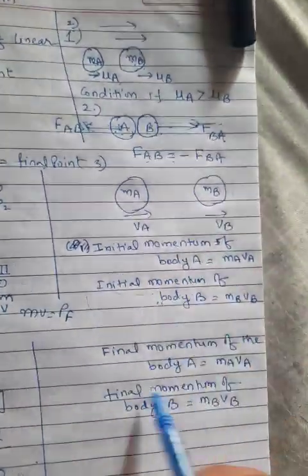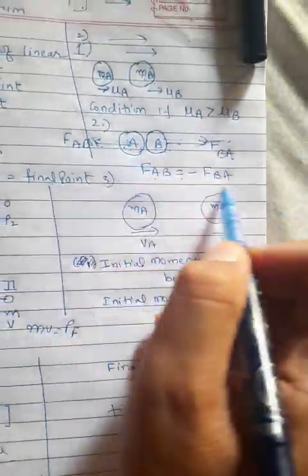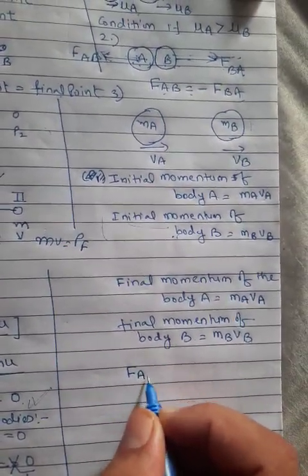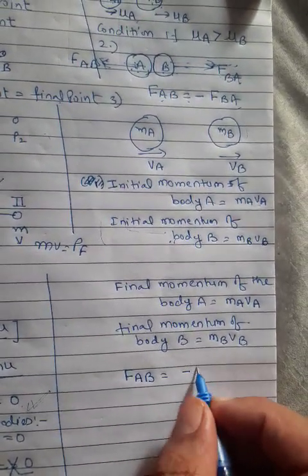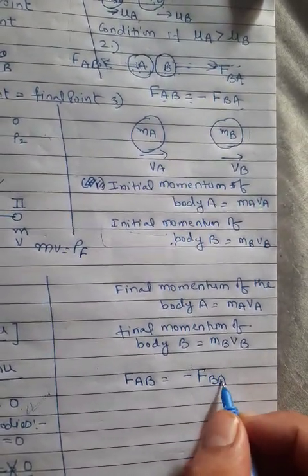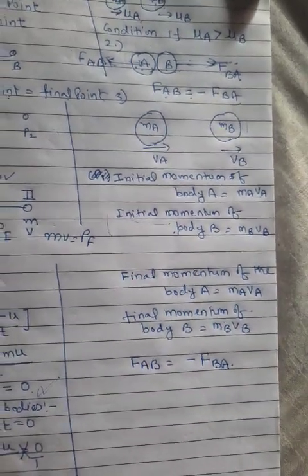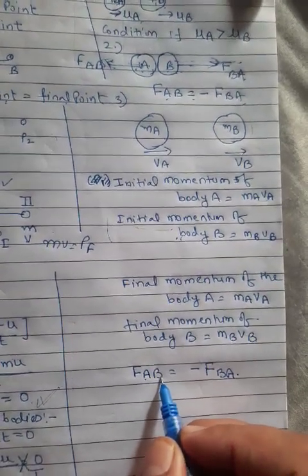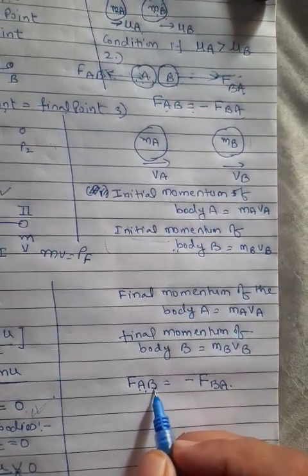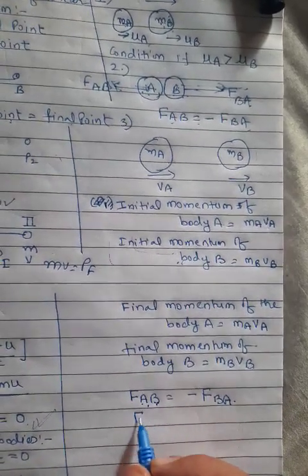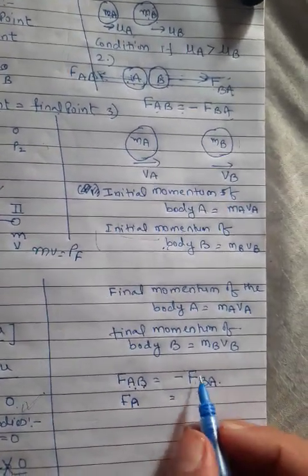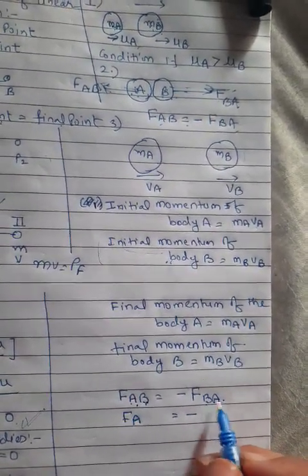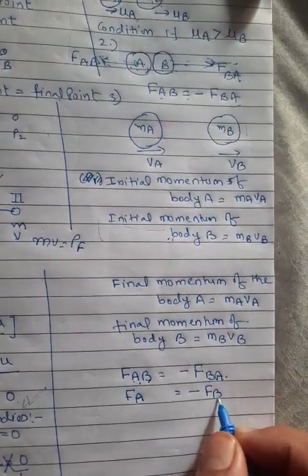This is the detail of the third position. Then from the second equation we will get here what? Newton's third law. So Newton's third law we can say: FAB is equal to minus FBA. Okay or not okay? So we can say here FA is getting force from B. A is getting force from B, then we will talk here about only FA. Same thing, FB is getting force from A, so we can take that as B.